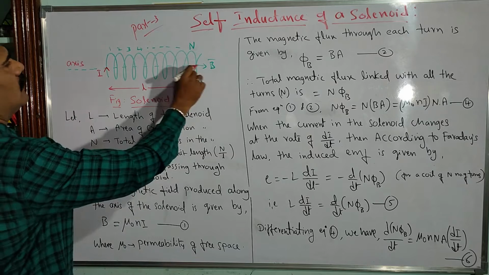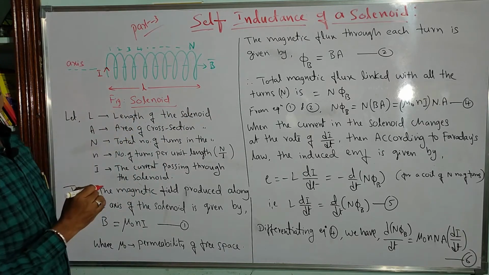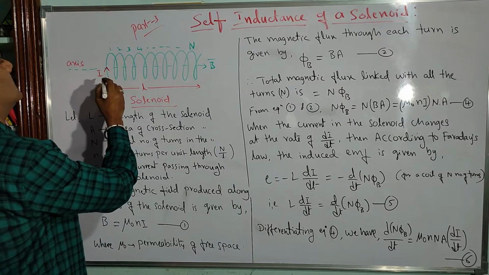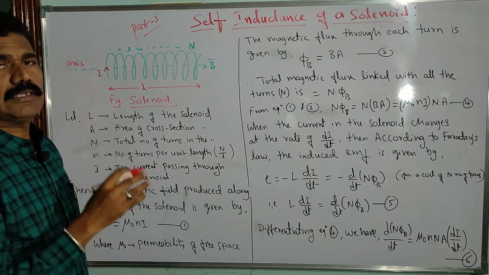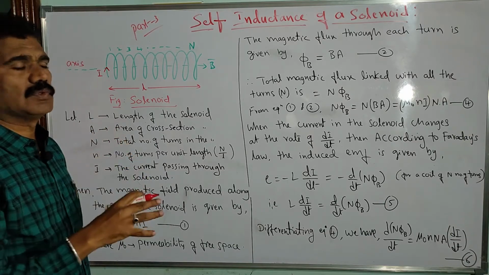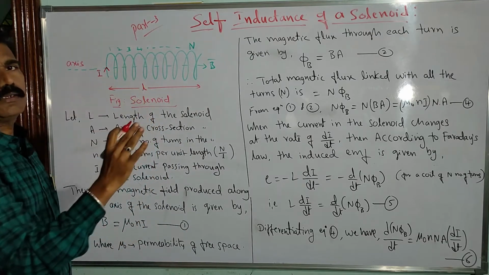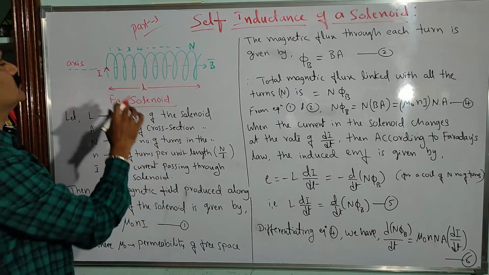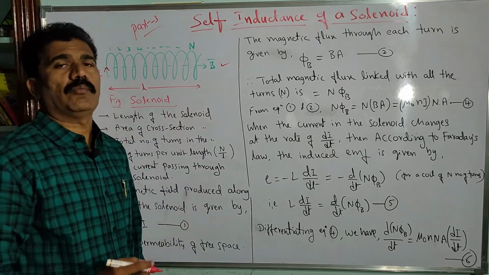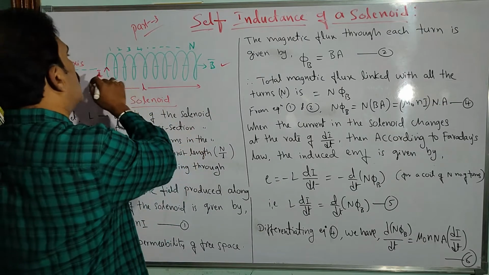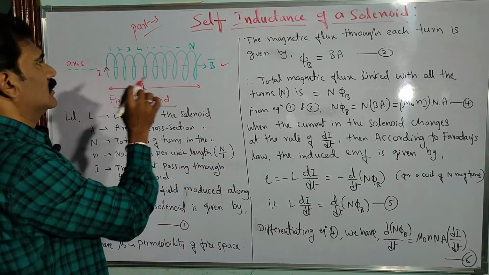Now at the center of the coil we have the axis, which is called the axis of the solenoid. When the solenoid is carrying a certain current, what happens? We know that a uniform magnetic field is produced at the center of the solenoid. If we consider the solenoid in the air medium, we can assume that a uniform magnetic field, let us say B bar, is produced along the axis of the solenoid due to the flow of current in the solenoid.